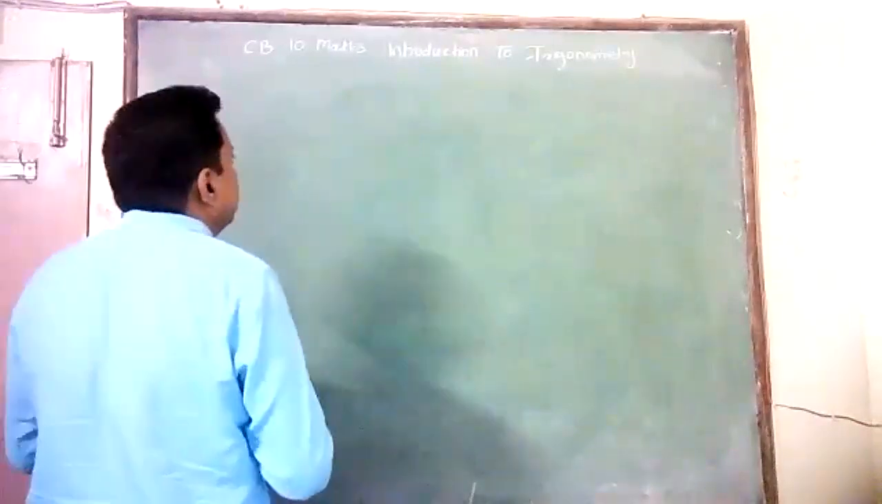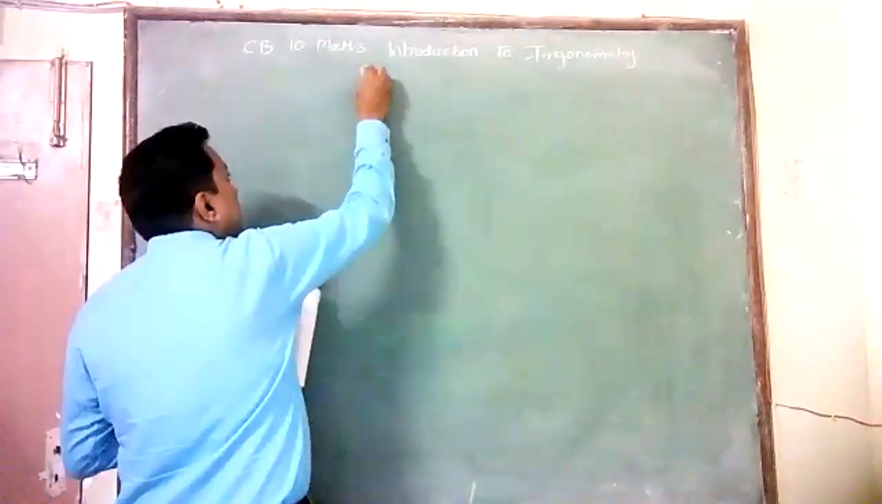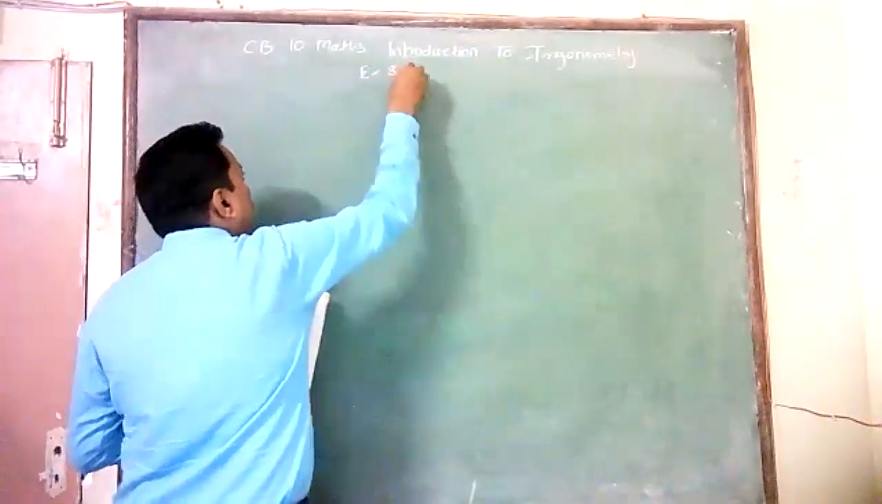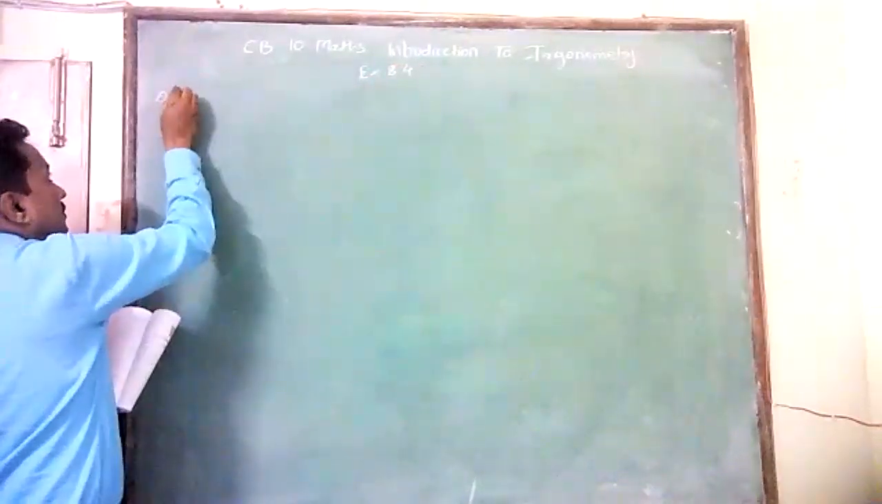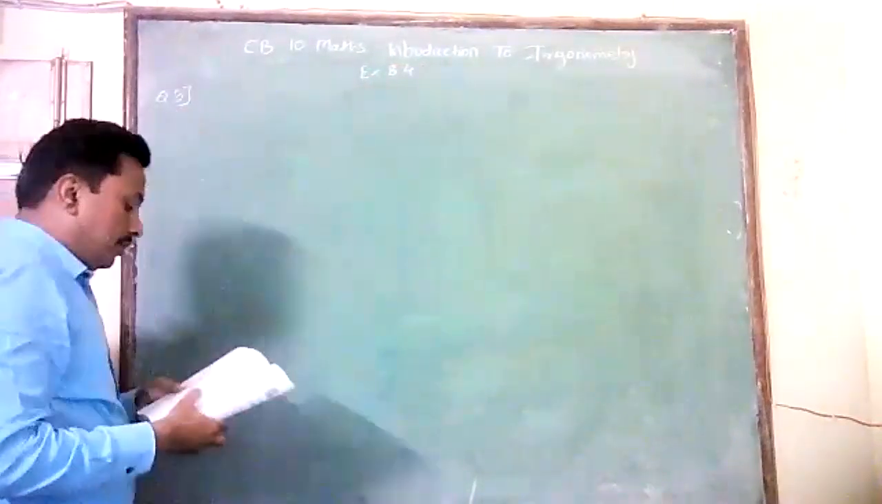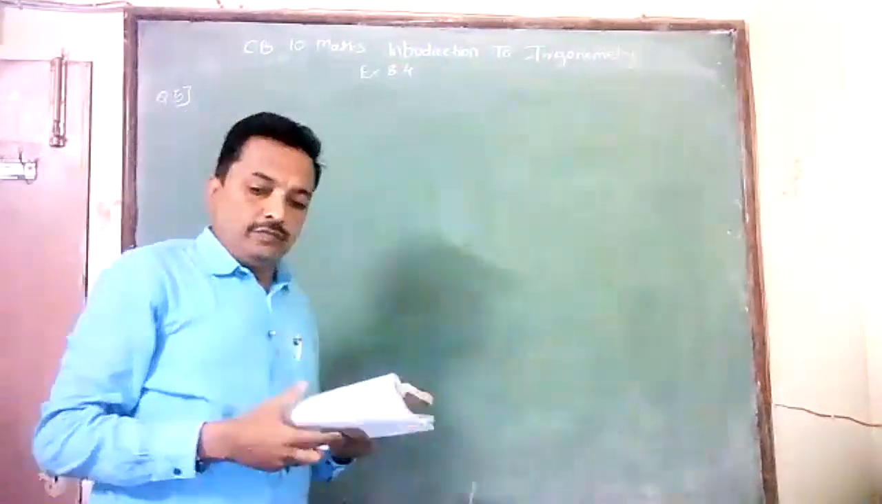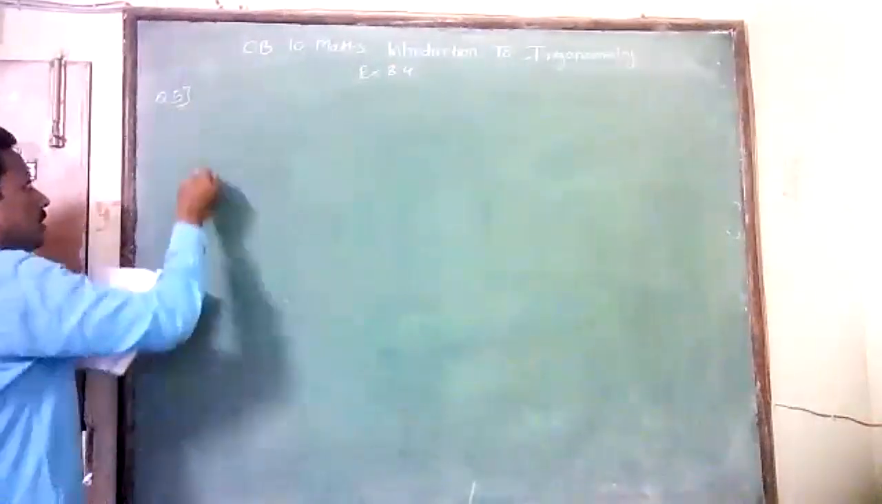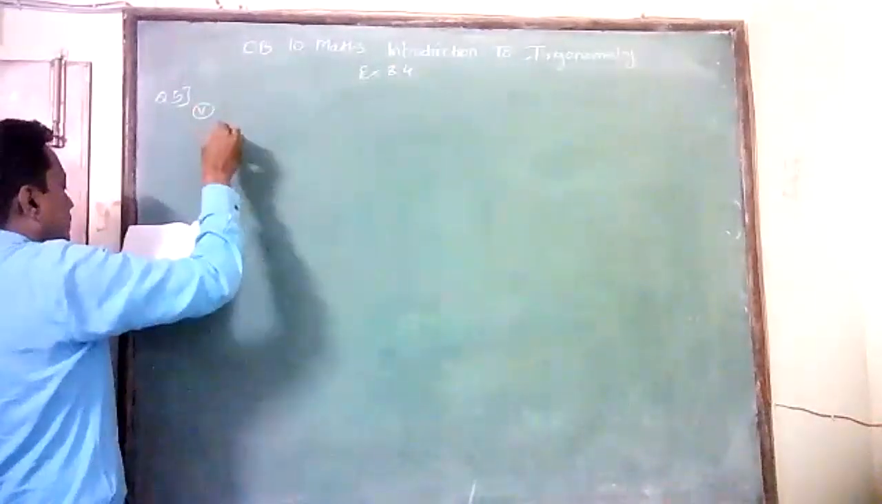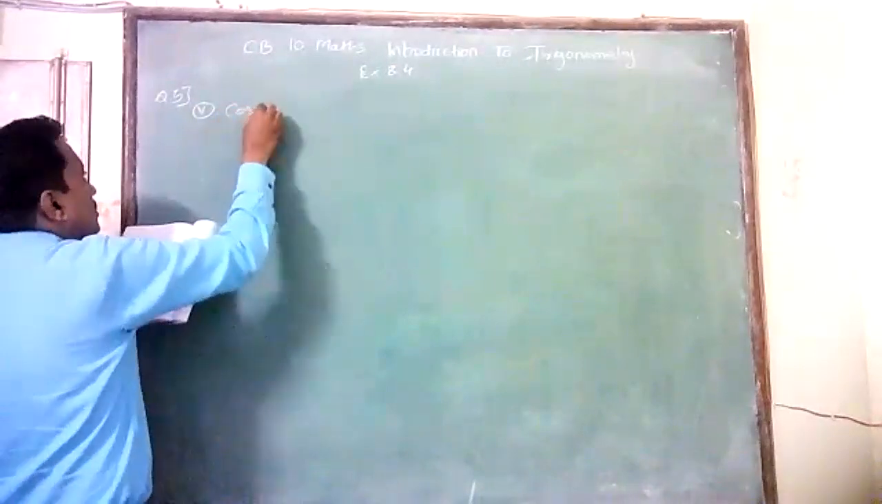Exercise 8.4, question number 5. कल हम लोग से नहीं हुआ था. That is cos a minus